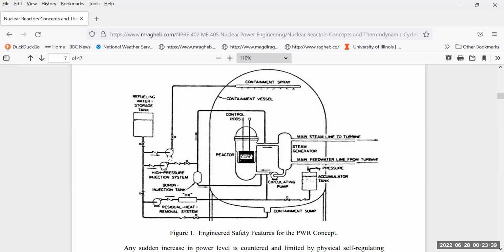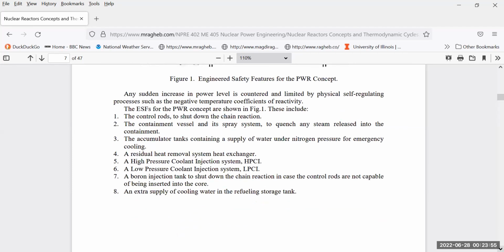And in that case, because you are in a pump, if you pump at low pressure, you can have a much higher flow rate or throughput from the pump. So we also have a low pressure injection system into the core. So here we can list the engineered safety features for the pressurized water reactor concept: the control rods, the